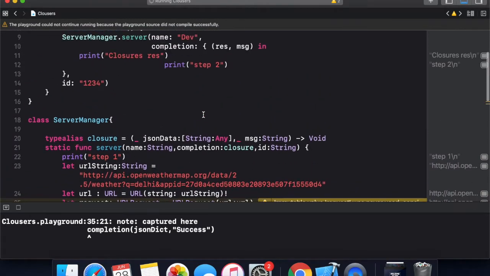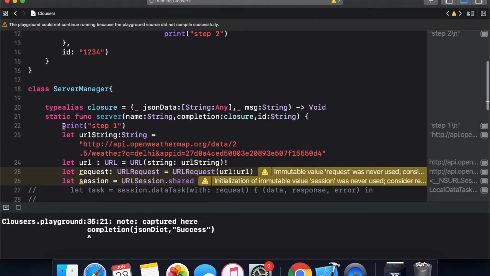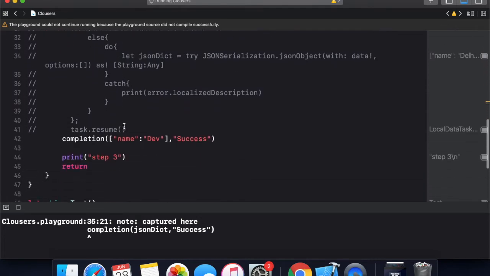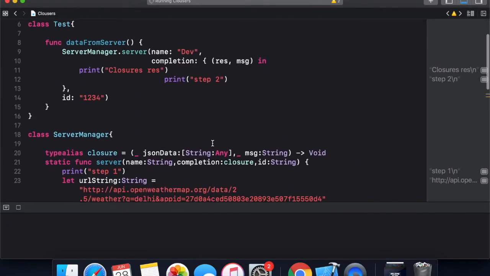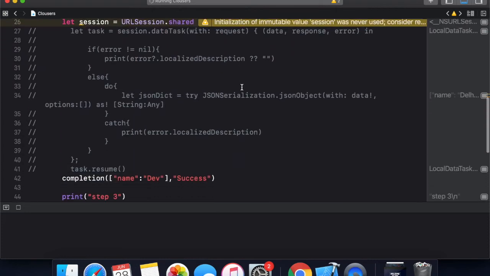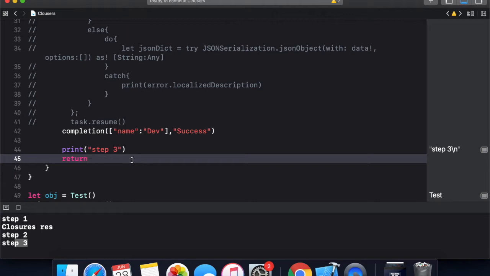For the non-escaping closure, the program should print step one, after that it should execute the completion block, and after that it should print three. Here we can see the result: one, then two, then three. Why does that happen? Because non-escaping closures cannot outlive the function body.